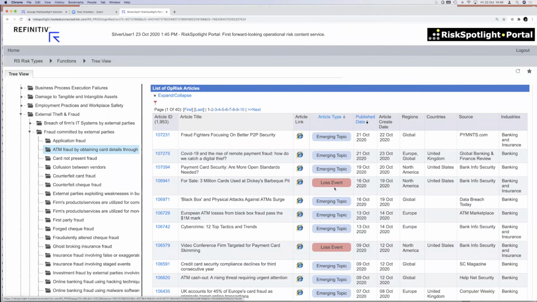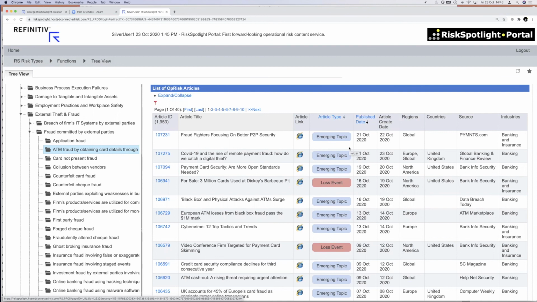And this is where, for loss events, there are a lot of content providers, like ORX and BBA and SAS and IBM. But in risk assessment, we are looking at the future. We're trying to say, what could happen on this risk in the next 12 months or the next 24 months? And that's where you need forward-looking information. And there are no content providers in the market who provide that forward-looking information.